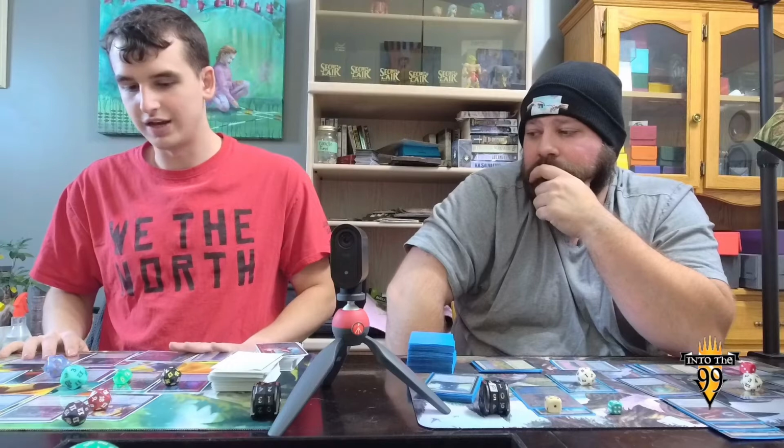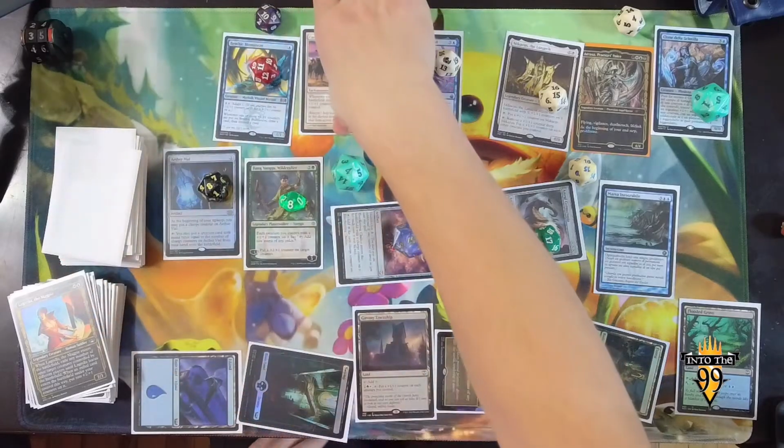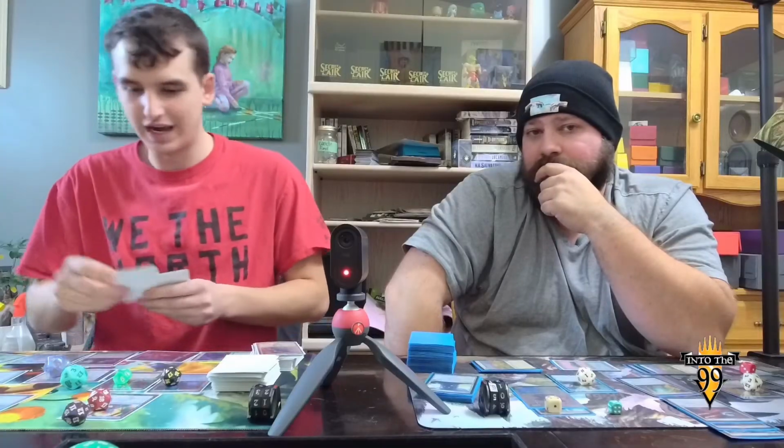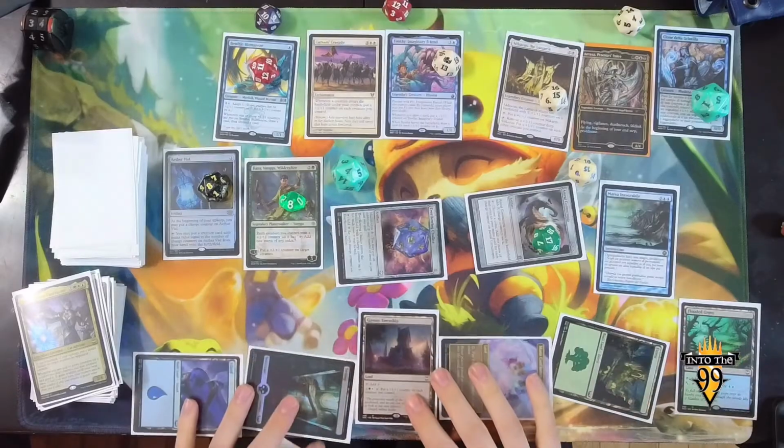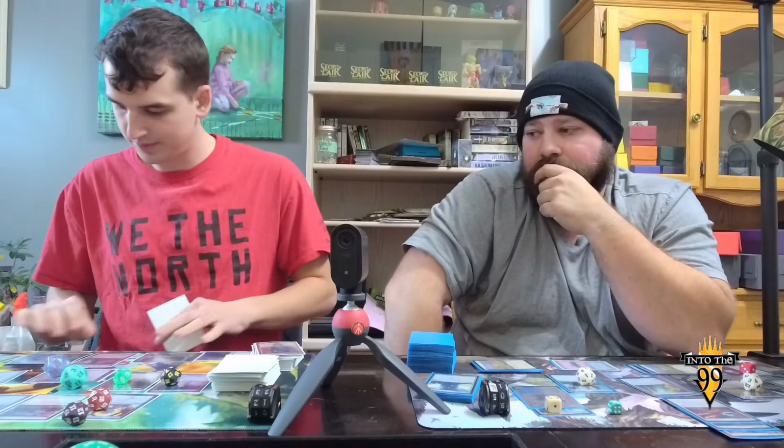Oh, wait a minute. When I did that, I should have done a Benthic trigger before I cast Praetors Crusade. Draw a card, lose a life, pitch a card. Exactly. Okay, apologies. Now Praetors Crusade's here. Just cast all the drops right away. Yeah. But then I'm going to